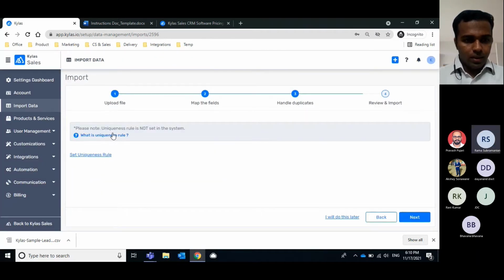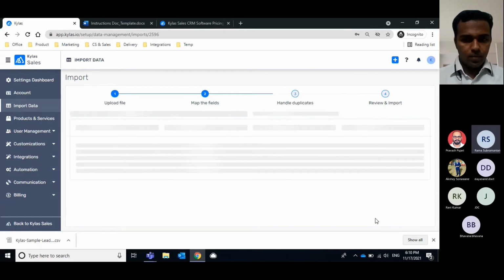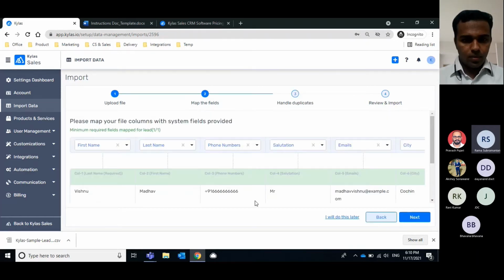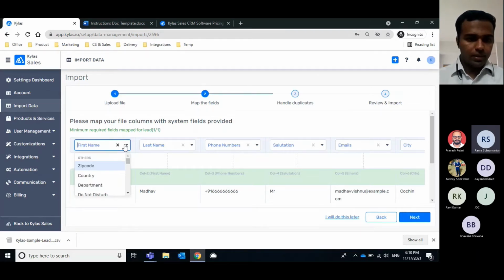Is there any order in which you select these fields here? When you select it in the Excel, do you select it in the same order from left to right? Is that the way you do it? No, it's whichever order your data is in. The sheet is giving that prompt also. First name means first name. You have to do it like that. Yeah, you can select it.